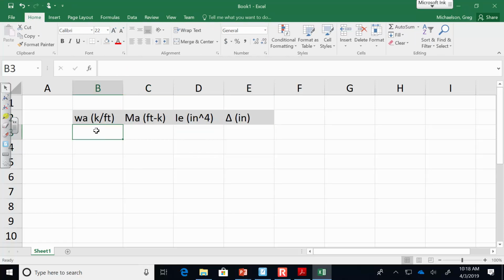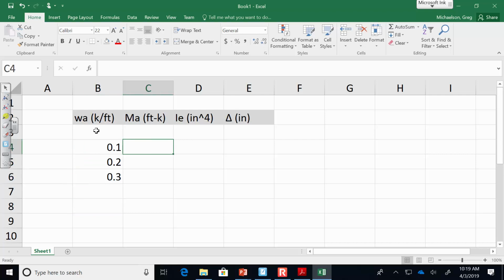Watch this. What I'm going to do is set up a little table, okay? I'm going to keep increasing the applied load, and I'm going to show you what happens to deflection as you keep increasing the load, okay? So I'm going to need your help with this. We'll start off at like 0.1, then 0.2, 0.3, and we'll just keep increasing the amount of